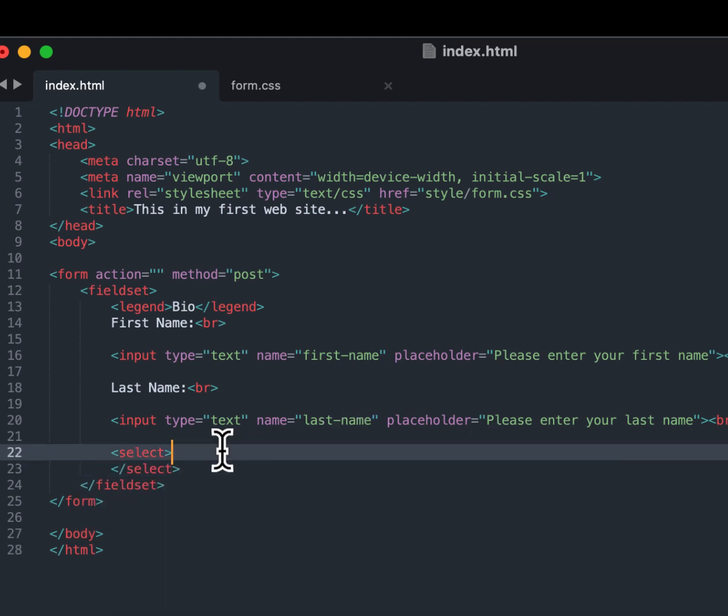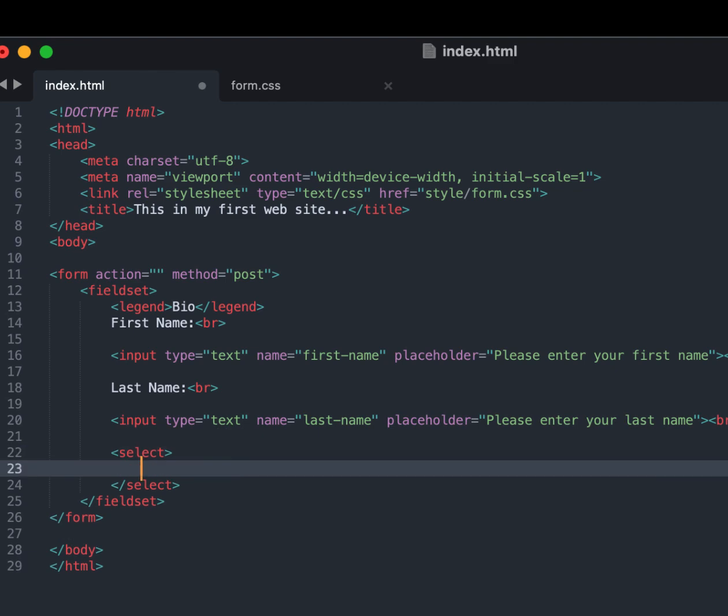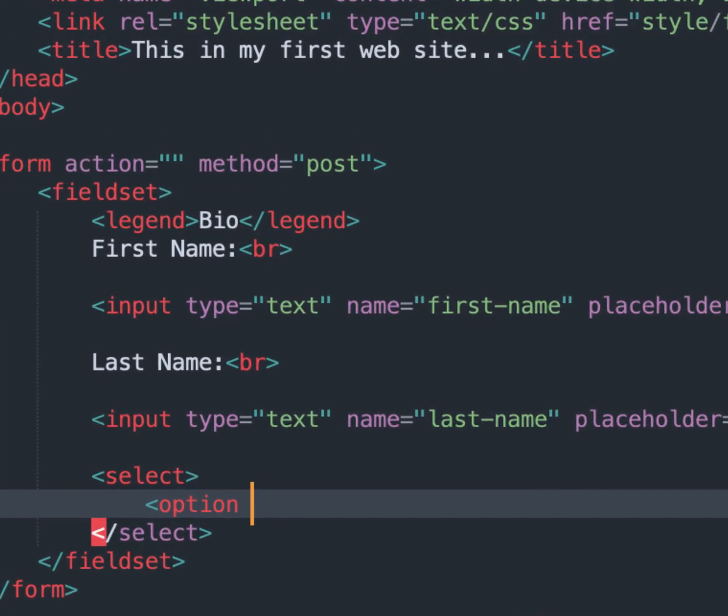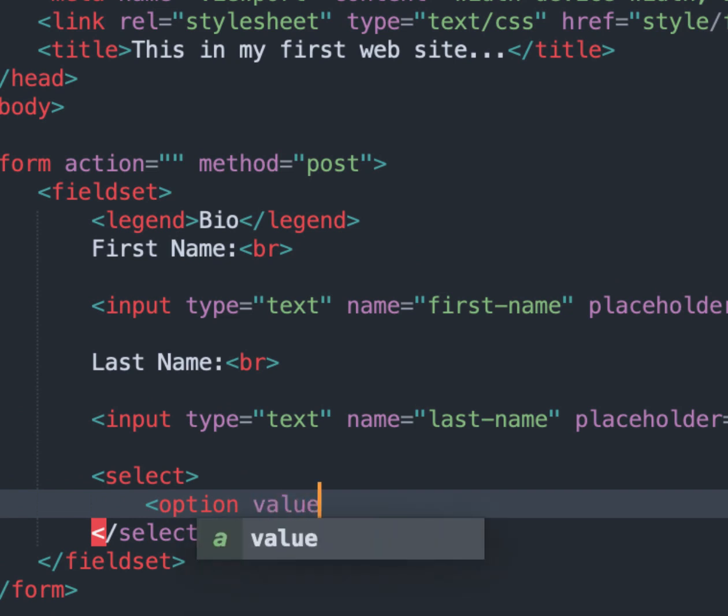Between this select, I'm going to have options, and each option has a value, and that value, if somebody selected it, is going to give me